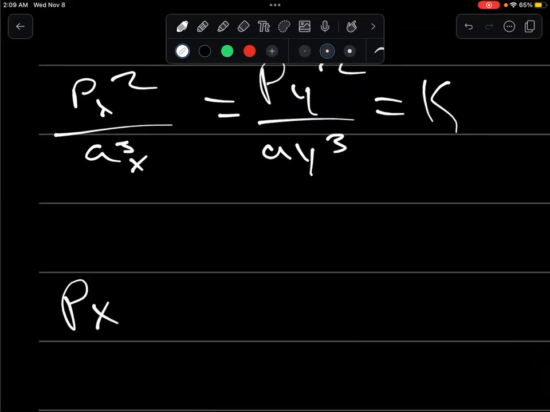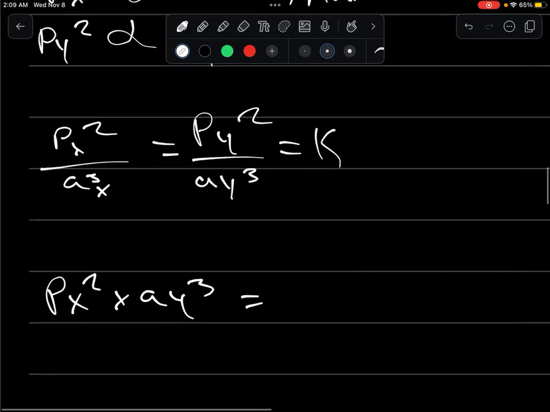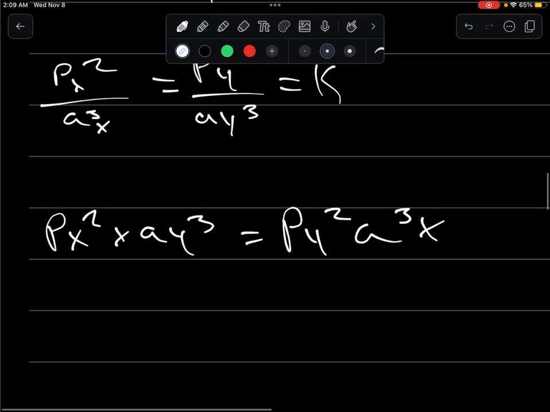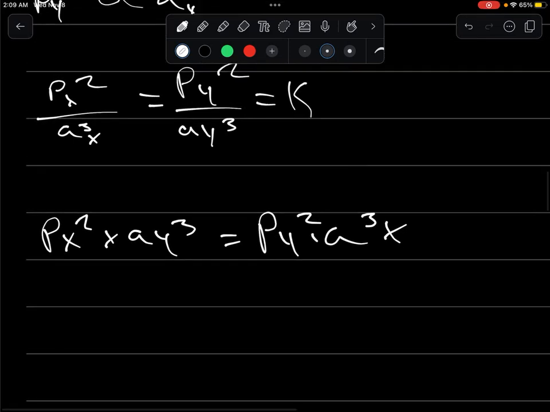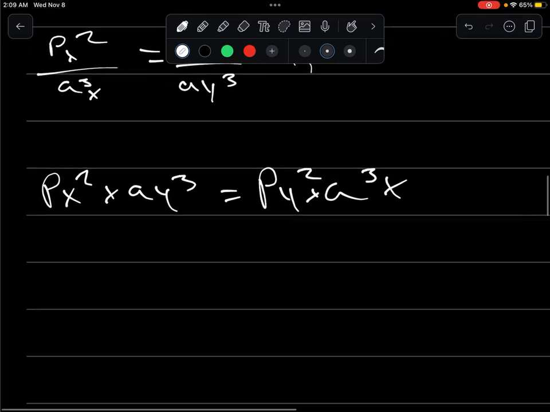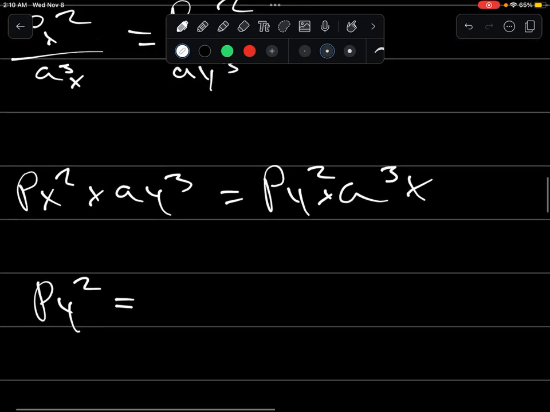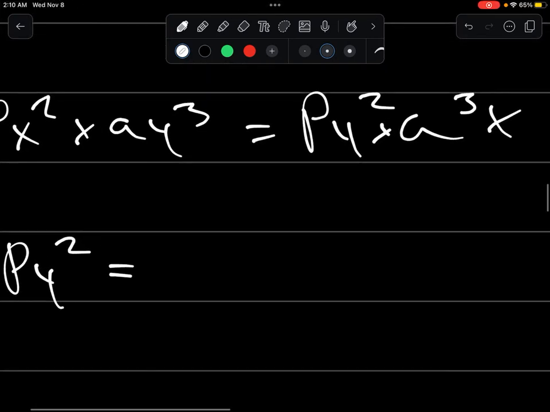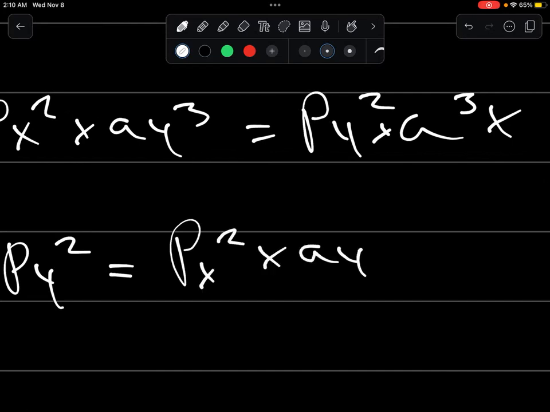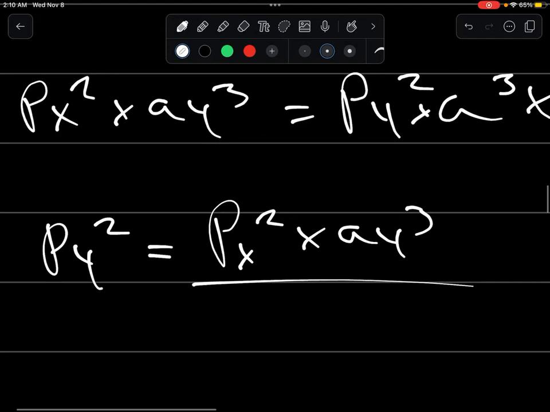We have p sub x squared times a sub y cubed equals p sub y squared times a sub x cubed. And what I should actually have done is kept this on the left side. So I'll just rewrite it quickly. p sub y squared equals p sub x squared over